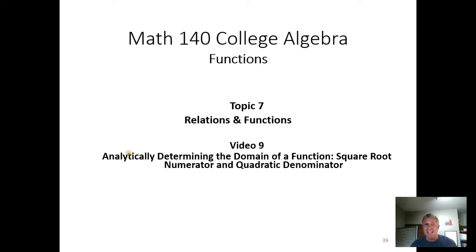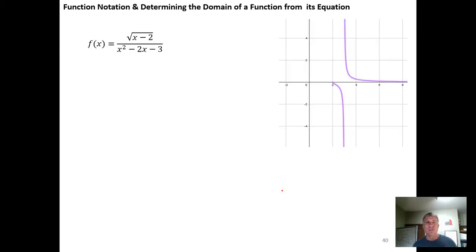So in this video we're going to analytically or algebraically determine the domain of a function that has a square root function in its numerator and a quadratic in its denominator. So here's the graph of the function, and you can see it looks like the function doesn't have anything going on down here, and there's a hitch in its giddy up right around 3, it's looking like. And what we want to do is come up with the domain that matches what's going on in